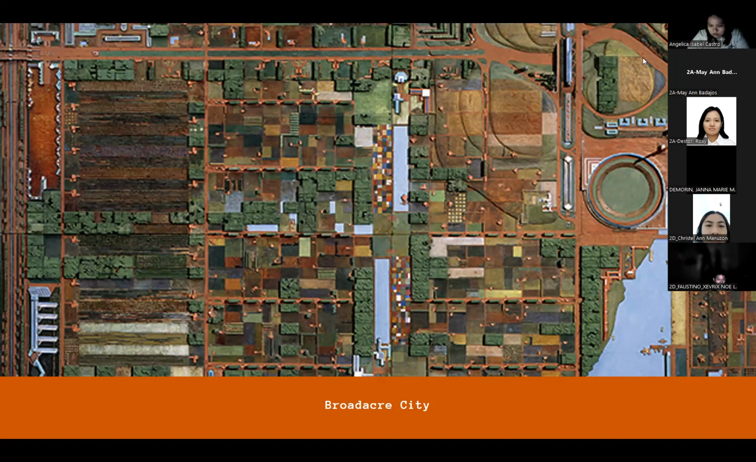So, Broadacre City is actually a community plan proposed by FLW. He wanted to provide a space for everyone in the